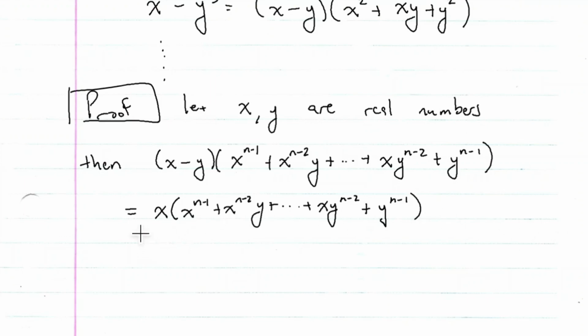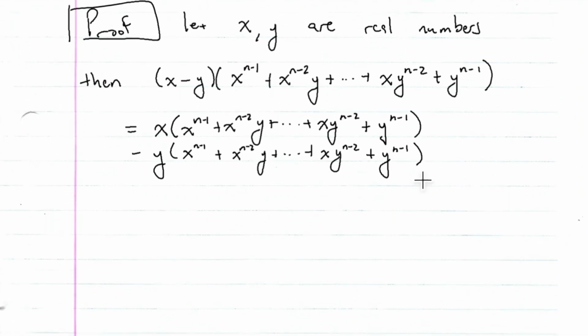And then plus, or minus, sorry. It'll make sense why I'm doing this right now. Minus y to the same expansion. Now, when I distribute this, I can distribute again. So then this is going to equal